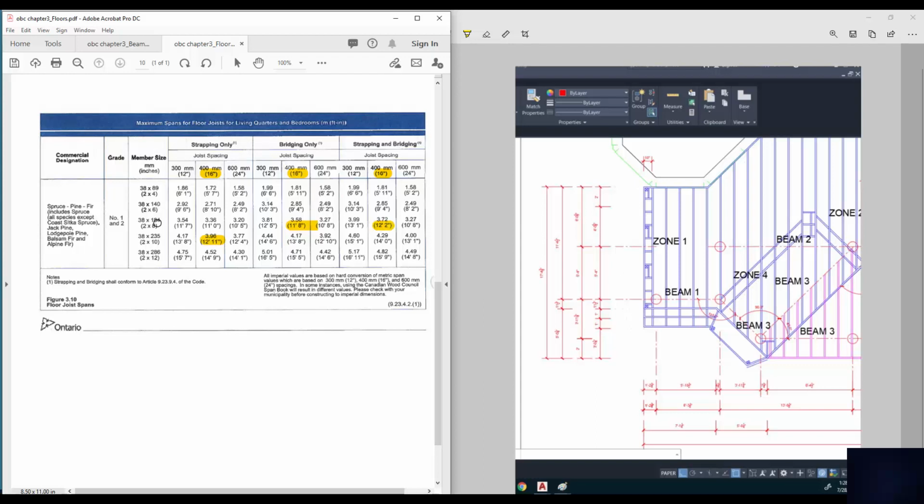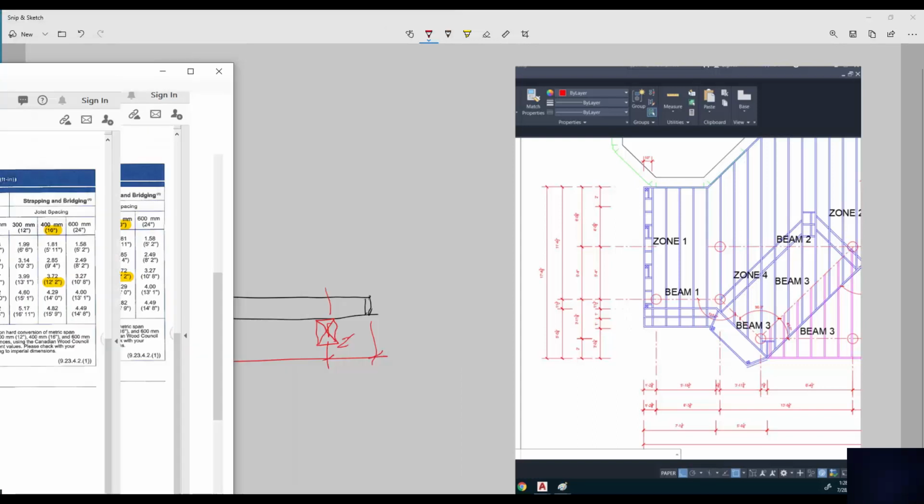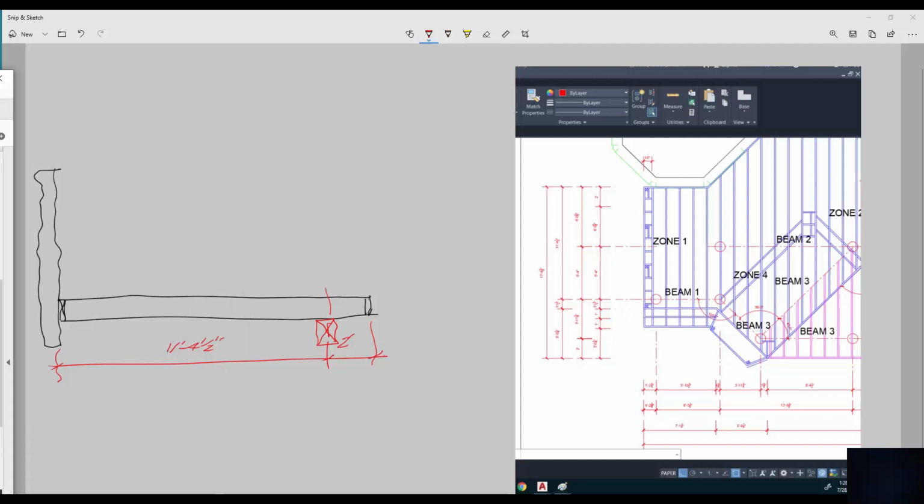So what's the difference? I can go with 2x8s if I use bridging, or if I use strapping and bridging, or I'd have to go with a 2x10 if I don't use anything to meet that distance. So that was the information we had written down the other day. That was really important. So in this particular table, and I'm sorry, my computer isn't keeping up with all the